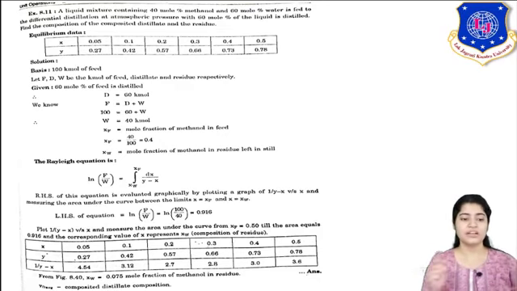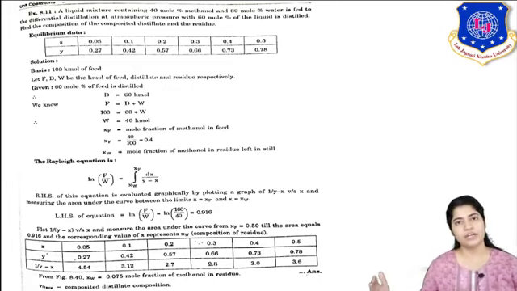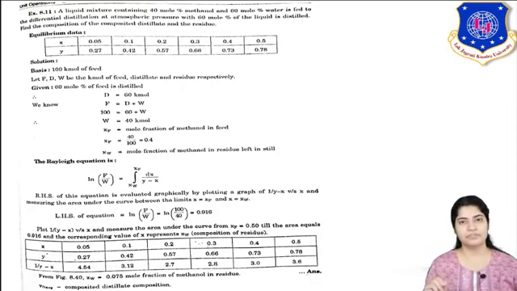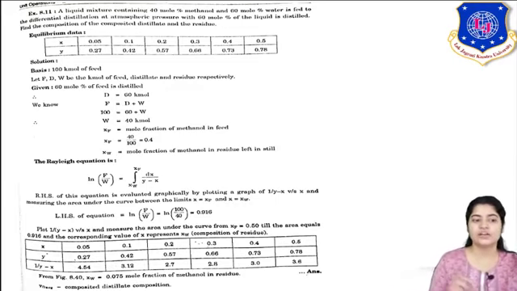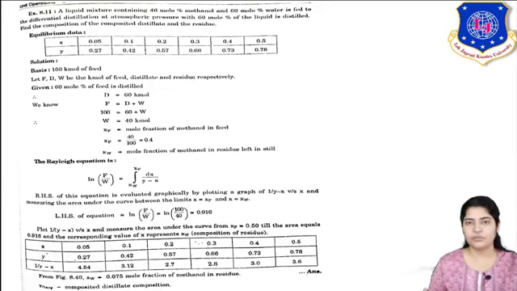Now here equilibrium data has been given. If not given, you can generate your equilibrium data from an equilibrium relation. Now here XY data is given. Starting with the basis, because the feed amount is not given, we can take any basis. So here, our basis is 100 kilomole of feed. Let F, D, W be the kilomoles of feed, distillate and residue.